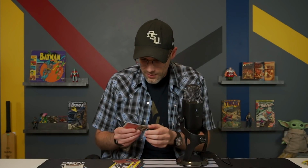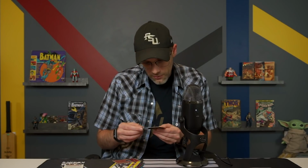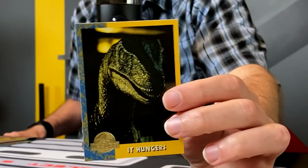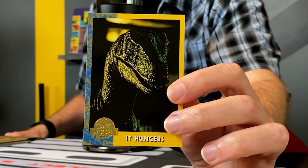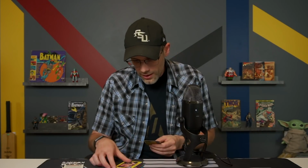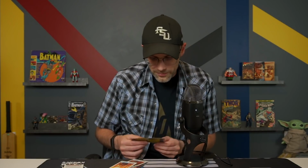This is one of my favorite ones. This is a Jurassic Park card for when Jurassic Park came out. It's got a picture of a raptor and it just says, "It hungers." I love that. It hungers. Okay, we're gonna look at these as a series in a little bit, but